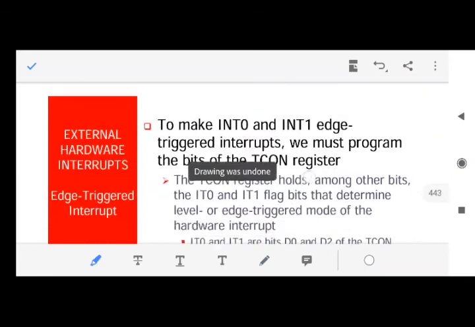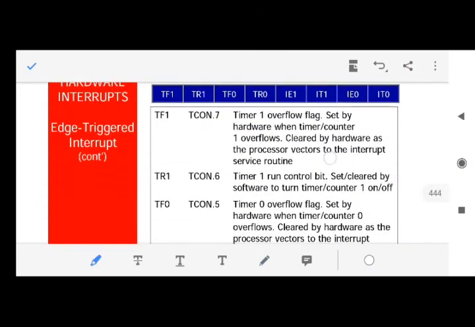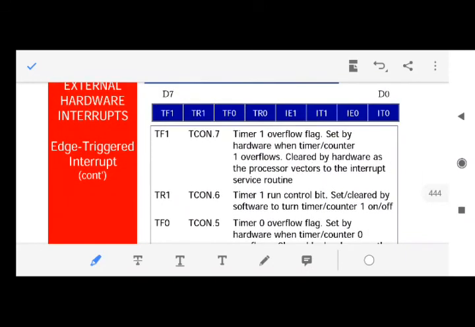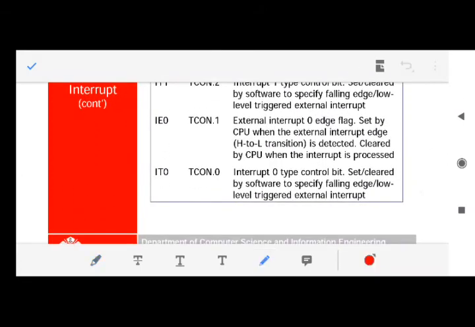Fine. And one more thing, how to configure these interrupts as level type or edge type. For that you use the TCON register. I have already told you this. For that you use the TCON register. Which bits of TCON register? These 2 bits of TCON register. Fine. That means, I'll again read for you, these bits are set for edge triggering.